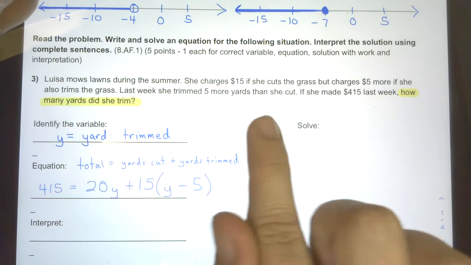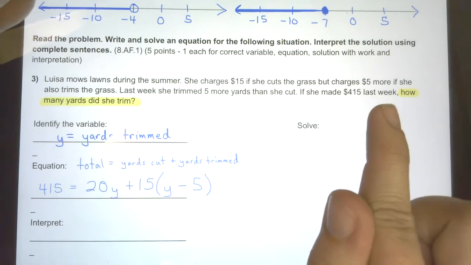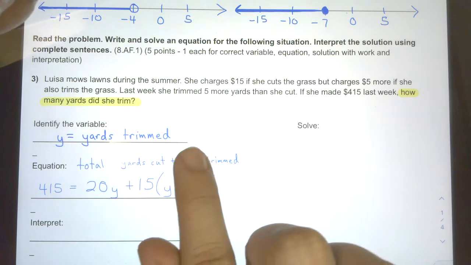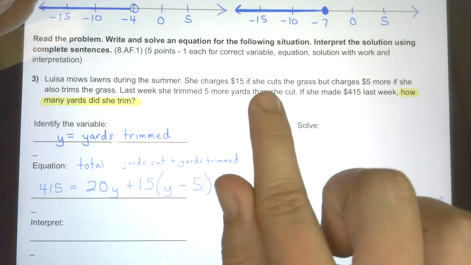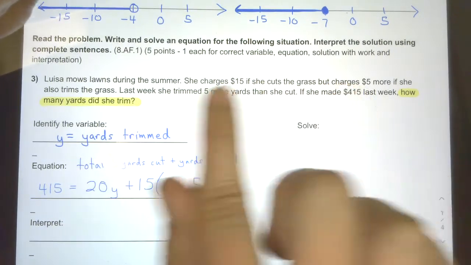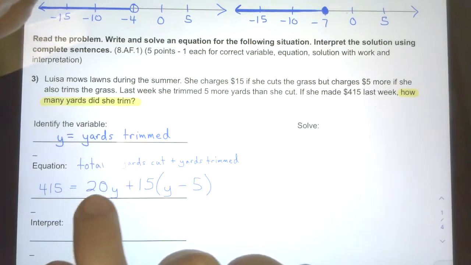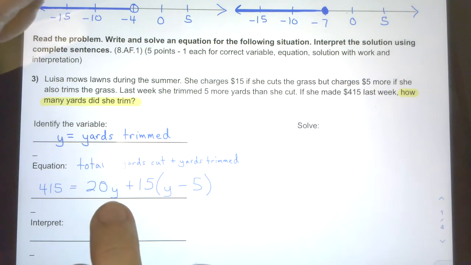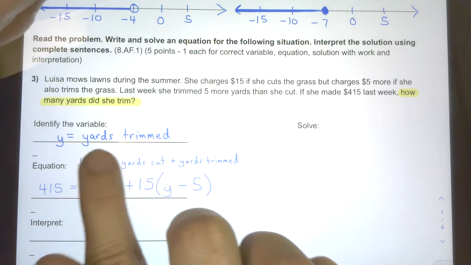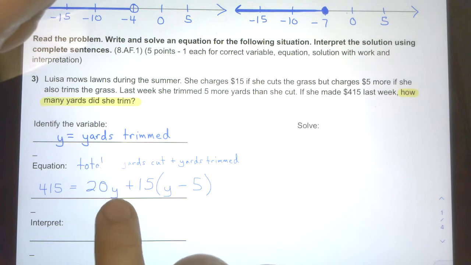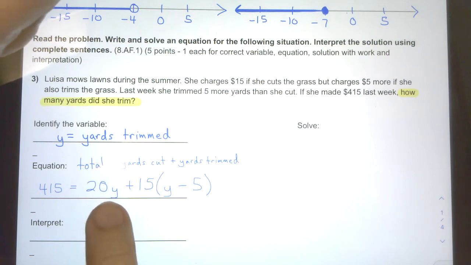415 is our total. That's how much she made last week. The $20 comes from the cost of her cutting and trimming, because it says 15 to cut, 5 more to trim. So I just kind of looped that in there as 15 plus 5 to get $20 for the yards trimmed, which still takes into account this variable. So that Y is still the number of yards trimmed. So it's $20 per yards trimmed,